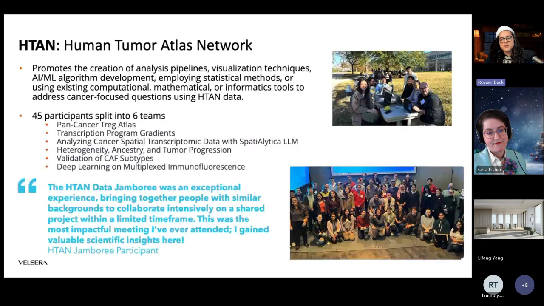So another conference we got to participate in is HTAN. HTAN stands for the Human Tumor Atlas Network, and this is a collection of data: imaging, spatial, transcriptomics, all sorts of different types of data. It promotes the creation of different pipelines, visualization techniques, and algorithms for the purpose of addressing cancer-focused questions using this HTAN data. So we had our second annual data jamboree just earlier